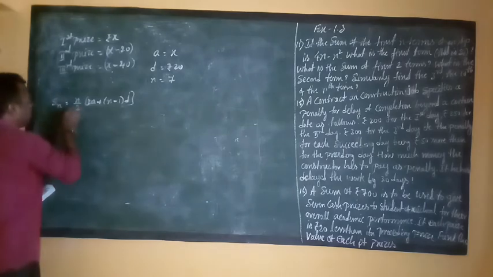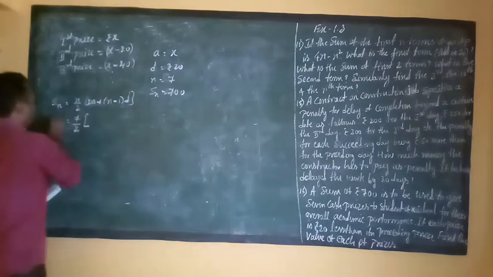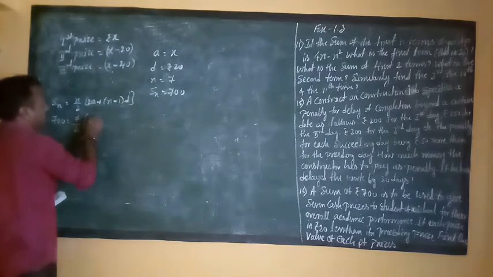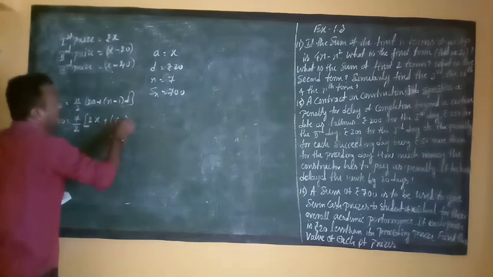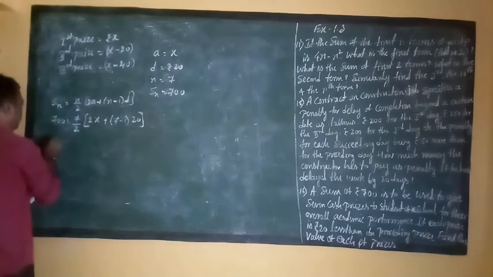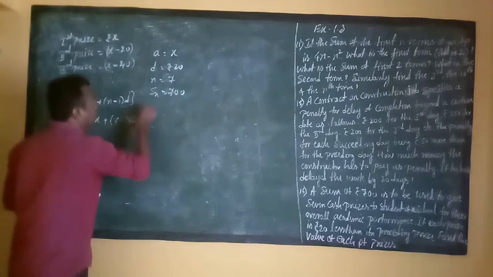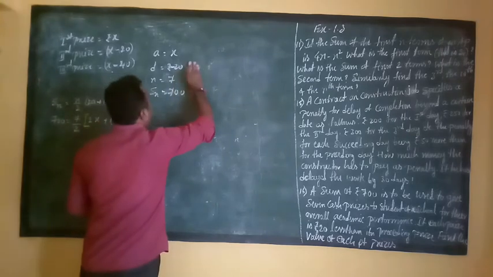Yes, n means 7 by 2. Total amount Sn is equal to 700 rupees. Total prize is 700 rupees. Next, 2 into a means x plus n means 7 minus 1 into d means 20. Okay, next, minus 20, sorry, this is minus 20, not plus 20, because t2 minus t1, so t2 means